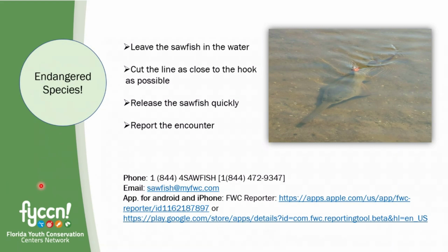And the reporting information is helpful to biologists who are studying sawfish. And there's information down there on how to report it: phone, email, and app. And I would encourage you to